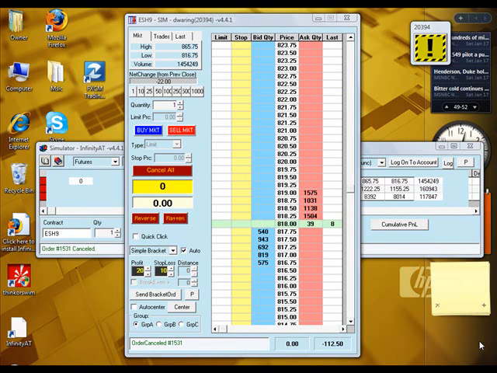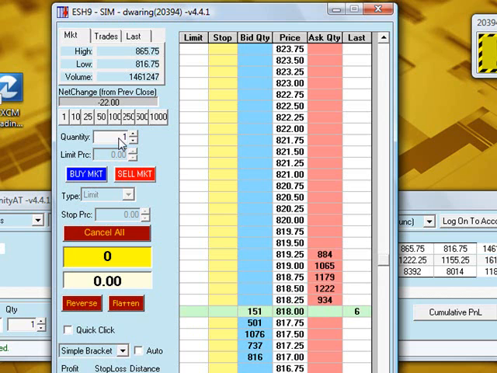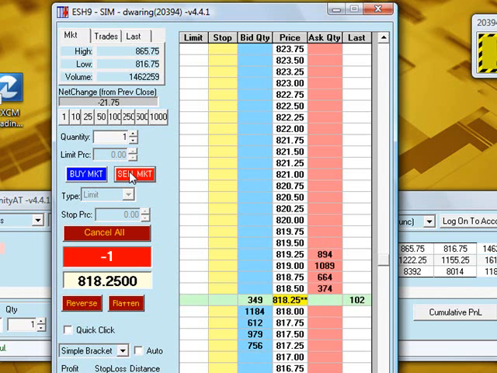Now that we understand how to use the market order, the stop order, and the limit order to initiate a new position, we're going to look at how to close out an existing position using these orders. To start off, I'm going to select 1 for the quantity and sell one S&P contract at the market. As you can see, that's executed here at 8:18.25, and it's also indicated here with a -1, meaning that I'm short one contract. To close this order, the simplest way is to simply click the flatten button here,